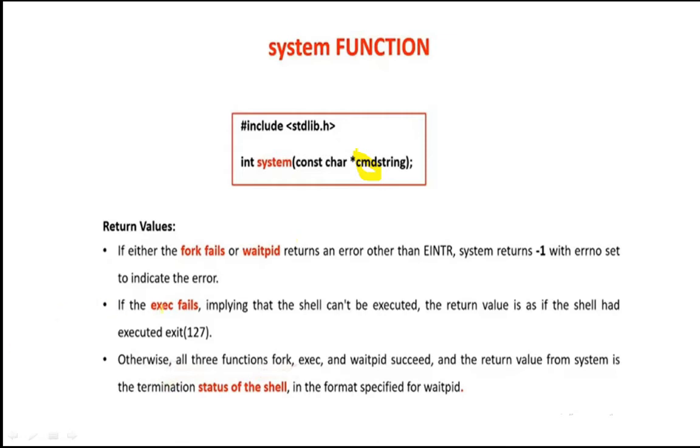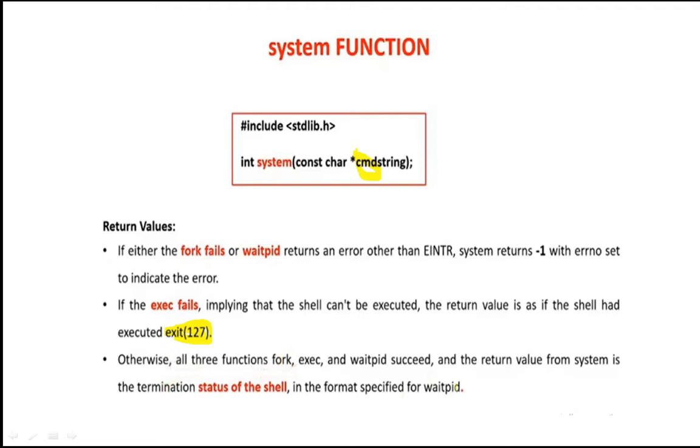Then if the exec fails, it implies that the shell cannot be executed. The return value is as if the shell had executed exit(127). This is by default what it is going to return. Otherwise, if all three functions, fork, exec and waitpid, succeed,